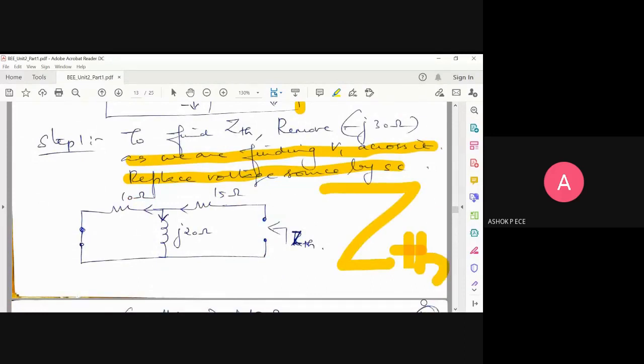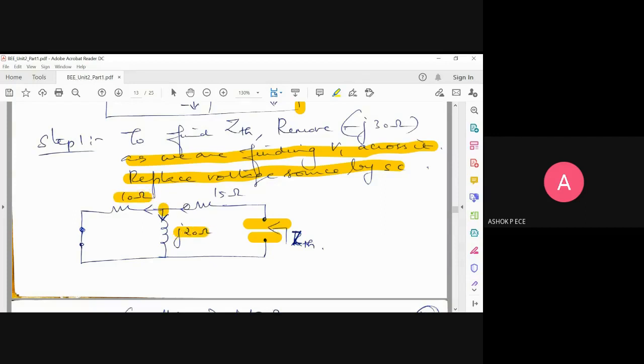Can you say which are in series and which are in parallel? The 15 and 10 are in series, J20 is in parallel. Is it so? That's why I said you have an imaginary voltage source here. I've drawn the current flow. See, current is splitting here. So which means the path through the splitting current is going to be parallel. So 10 and J20 will be in parallel, which will be in series with 15. So I think the first person who told it told the reverse way. It is not right.